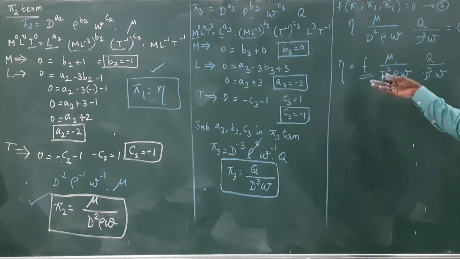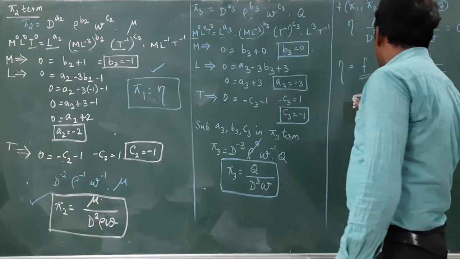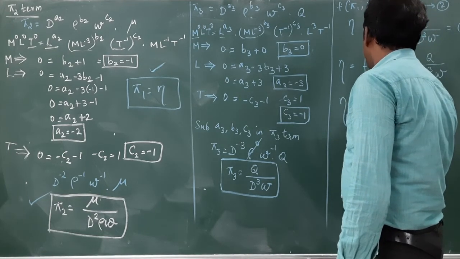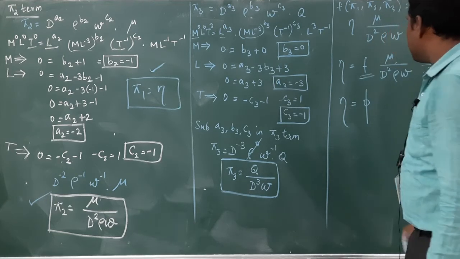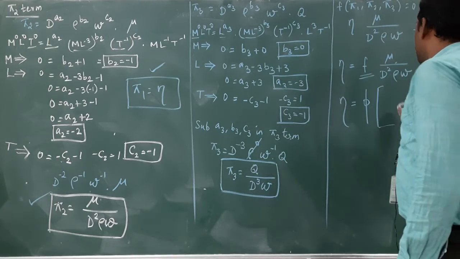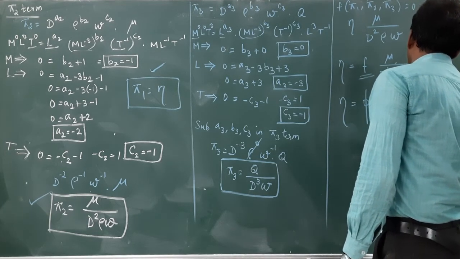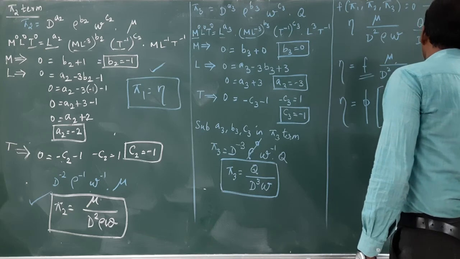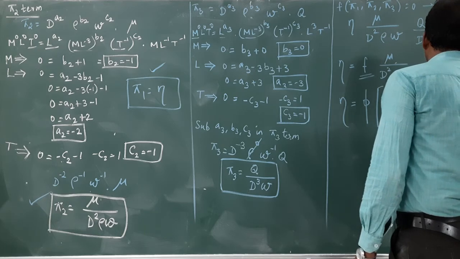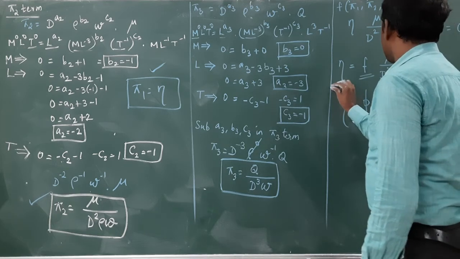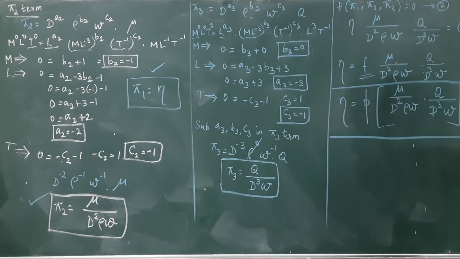You can denote it with any functional term. So the efficiency of the fan, eta, is a function of mu divided by d square rho into omega and Q divided by d cube omega. So this is the expression for the efficiency of the fan, which is depending